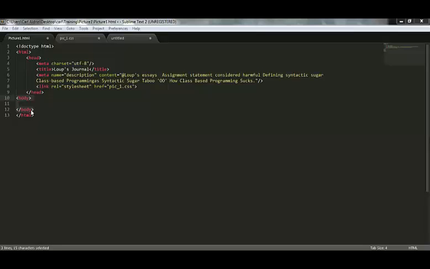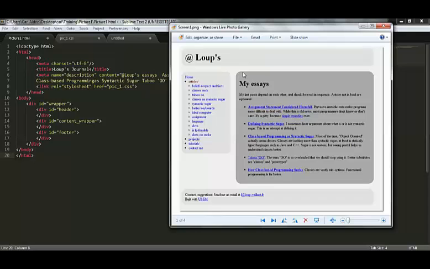So, first thing to do is to put all our contents of our project, starting with our main divisions like the wrapper, the header, the content wrapper, and the footer. As we can see in the image, this is the header, these are the contents, and this is the footer.